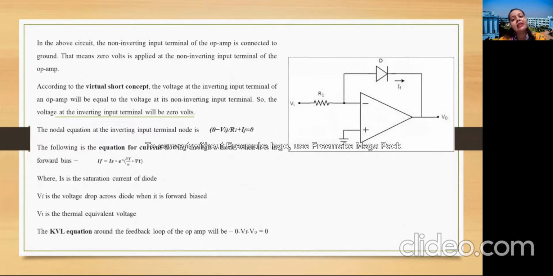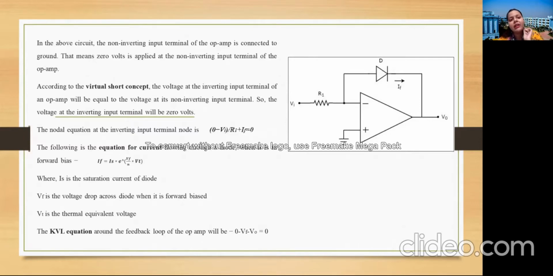Now look at this circuit diagram. This is the logarithmic amplifier design. We have an op-amp. The input voltage is applied, as I have already told you, to the inverting terminal. The positive terminal, the non-inverting one, is grounded, and then there is the feedback path. In the case of the integrator and differentiator, we have seen that the feedback path was designed using a capacitor, right? In this case, the feedback path is designed with the use of a diode. This is the difference between a normal operation of op-amp and a logarithmic amplifier.